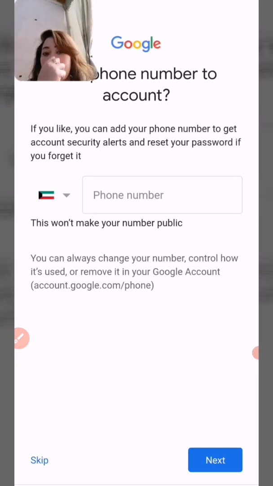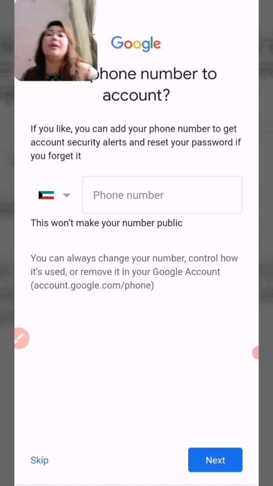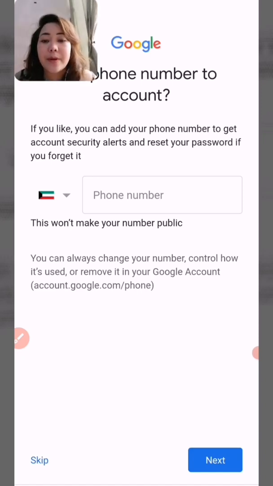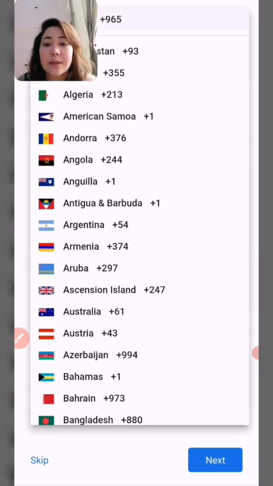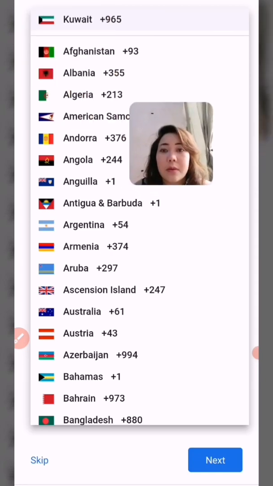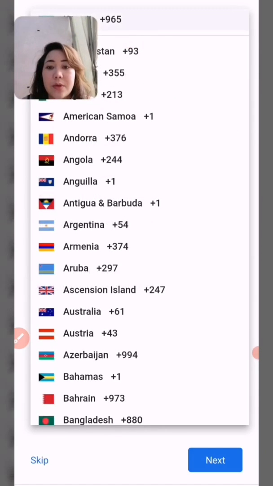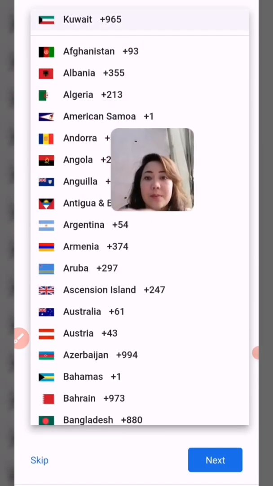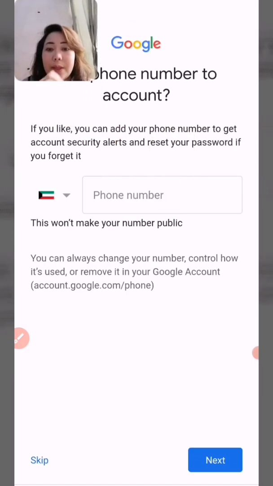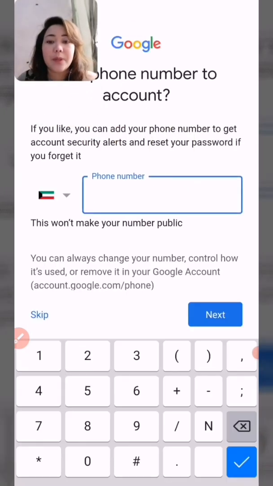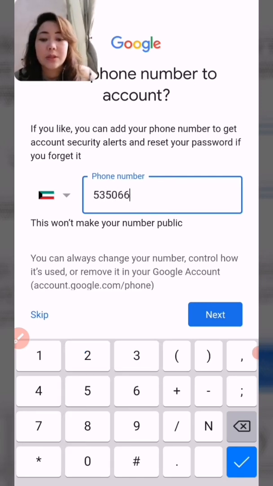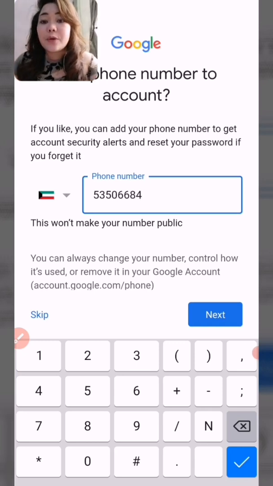So you put your phone number here, so you choose here the flag where your location is. But for me, I'm in Kuwait already. If you're in the Philippines, you just click Philippines. But me, I'm in Kuwait now, so I put there Kuwait, and then I put my phone number in Kuwait. But first, remember, you write your